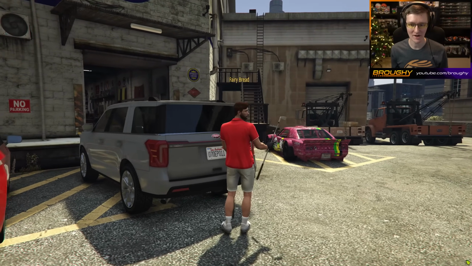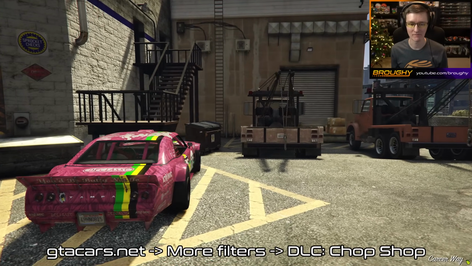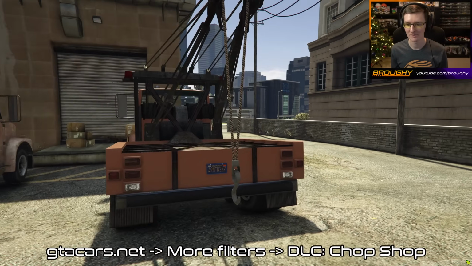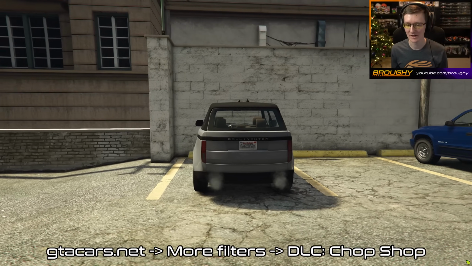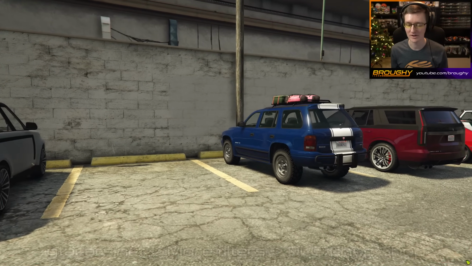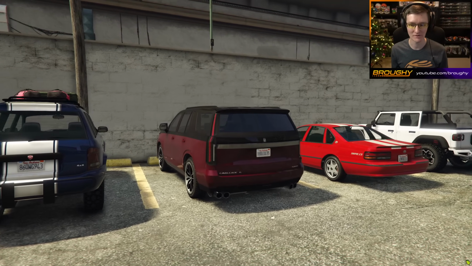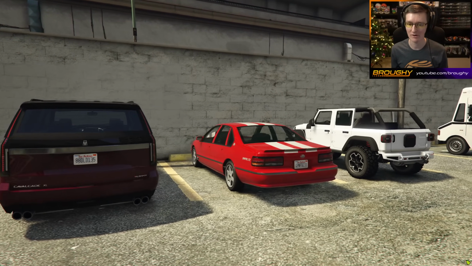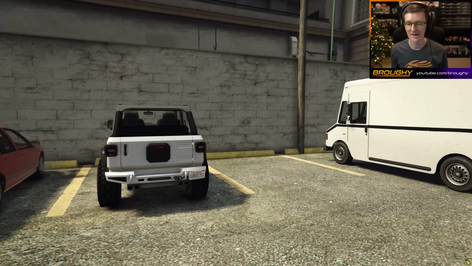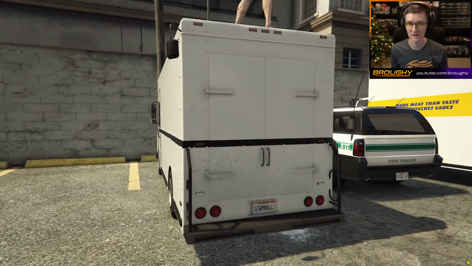So all of the vehicles are on gtacars.net. You can check them all out. We'll be adding more info for them as time goes on, and obviously the lap times and top speeds, but you can filter by just the Chop Shop DLC and see all of these cars. I'll leave a link to that in the description so you can go straight to those cars. Like I said, the testing of the drift cars is going to be a little bit of a lower priority. I want to make sure to get the regular cars tested first. But I'm going to aim to test as much as I can. There's a lot of stuff to test as well,